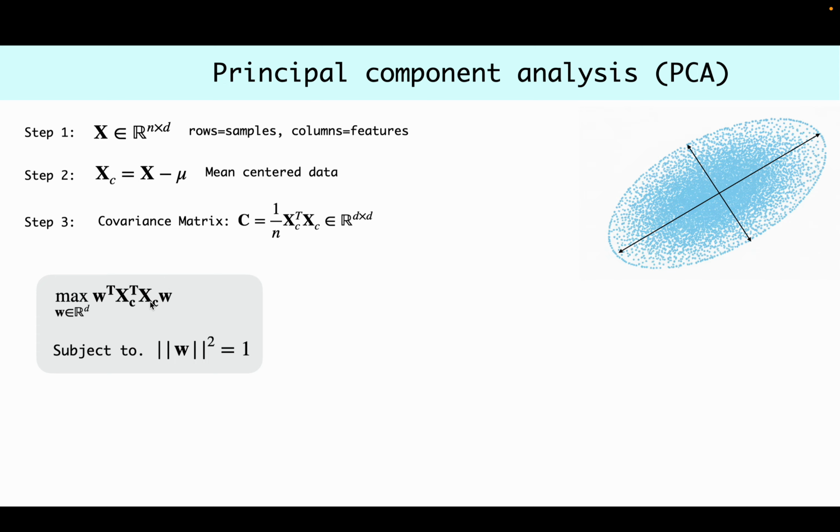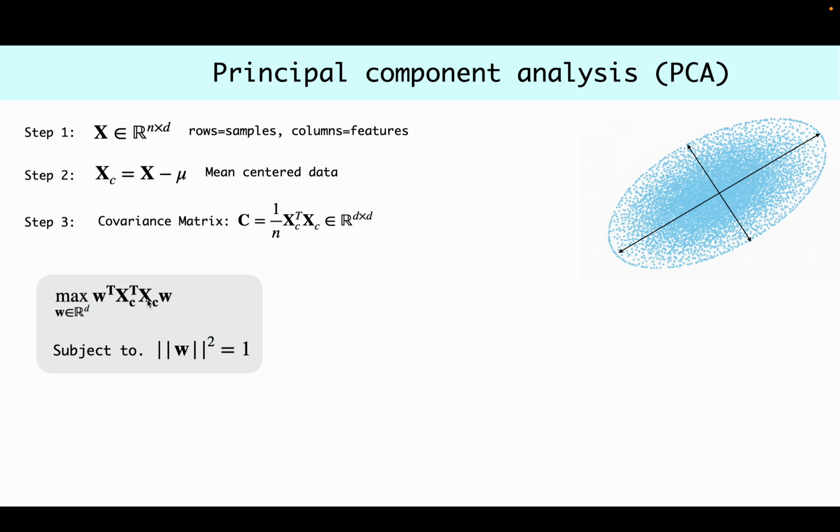Once we project each of these data points onto this axis, we would like to see along which axis we get the maximum variance, subject to the condition that the weight vector norm is equal to 1. We do this because, since we are maximizing, it can go until infinity. So to have a constraint, we are using this. But our job is how do we maximize the variance, and what should be the axis W